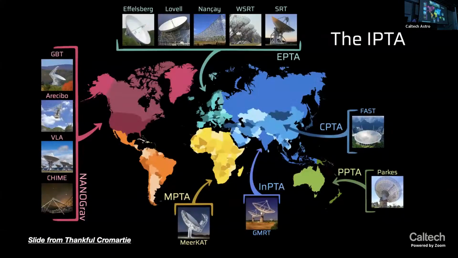We are one member of the International Pulsar Timing Array as well. So we've got NANOGrav based in North America, the European Pulsar Timing Array, or the EPTA, based in Europe, and the Parkes Pulsar Timing Array, which uses the Parkes telescope in Australia. They're sort of the three founding members. Recently, the MeerKAT PTA and the India PTA have also joined, and the Chinese PTA has been timing pulsars for the last few years as well. So there are results from everyone on here except MeerKAT today, which is pretty exciting.